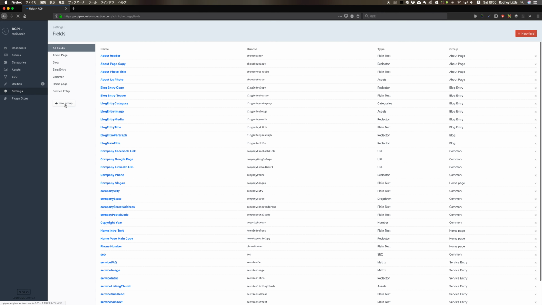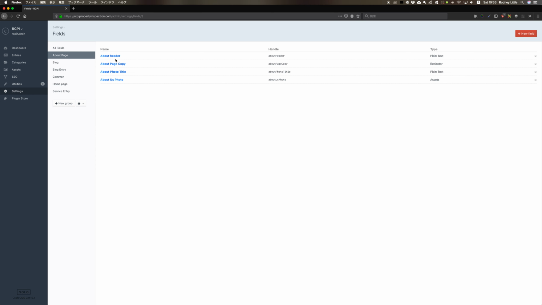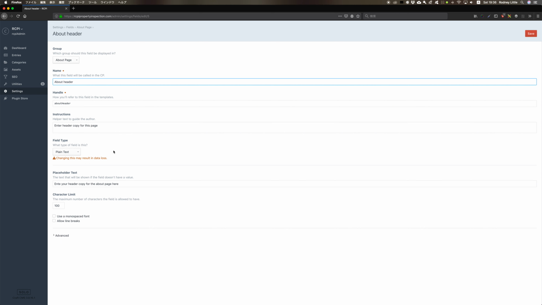As you plan out your site and you plan out your design. So this is the about page again. I created four fields basically, as you see here: the header, page copy, plain text, and in my HTML template, I just created a Twig placeholder for that content. So you're using Craft to basically fill data